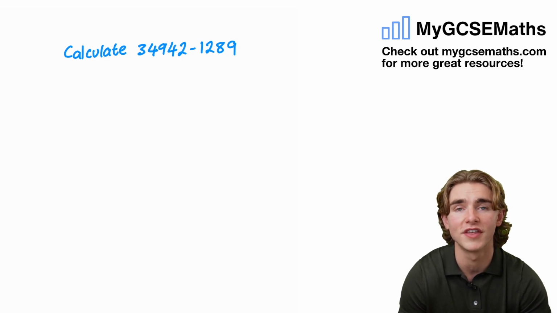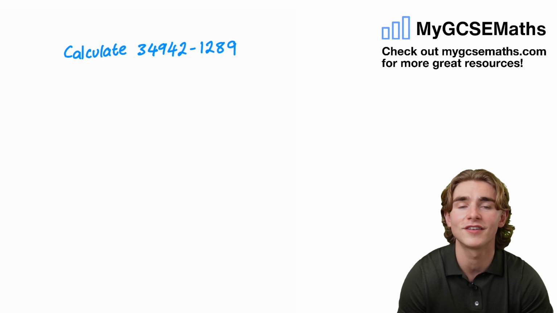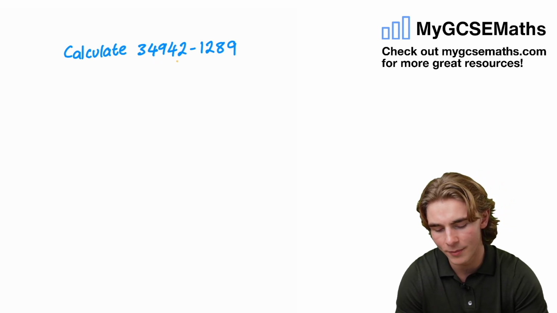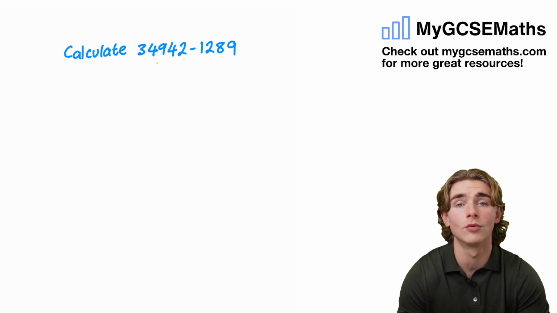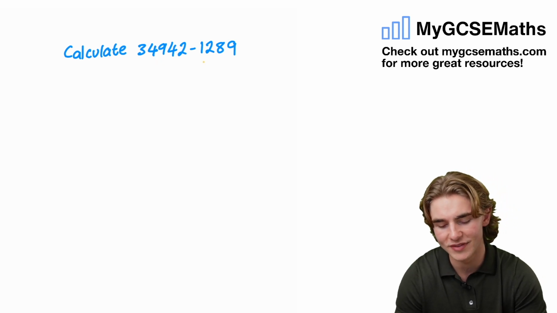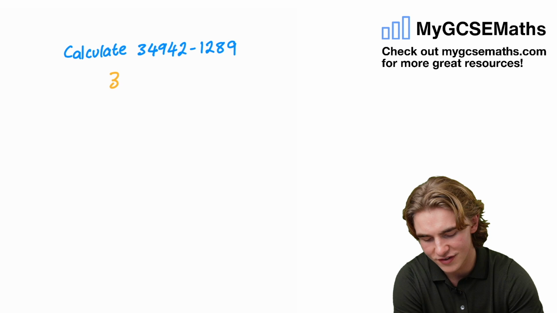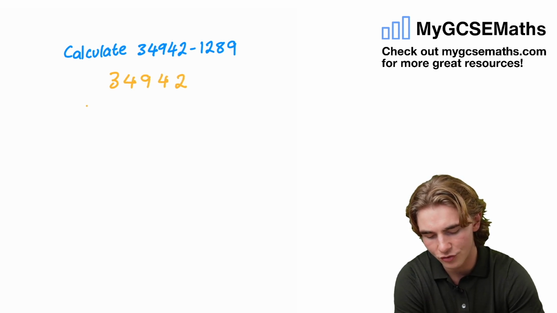numbers on top of the other. In this case, the number on the top is always going to be the first number, and the number on the bottom is going to be the one that we're subtracting, so it's going to be the second number over here. So we're going to start off by writing out 34,942 on the top. We're going to write a minus in there, and then we're going to write in